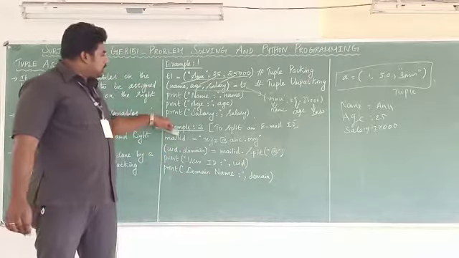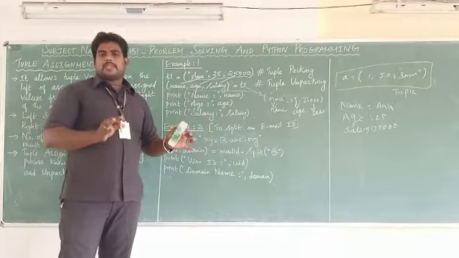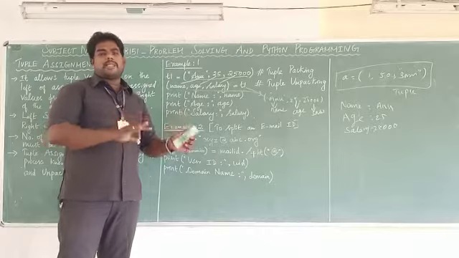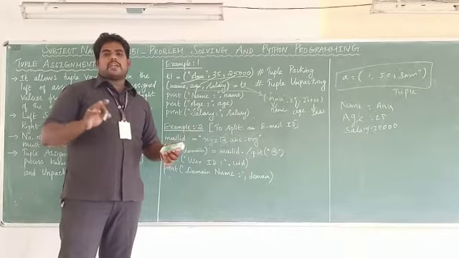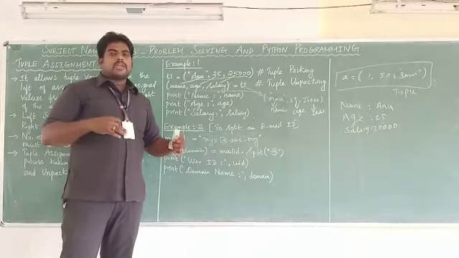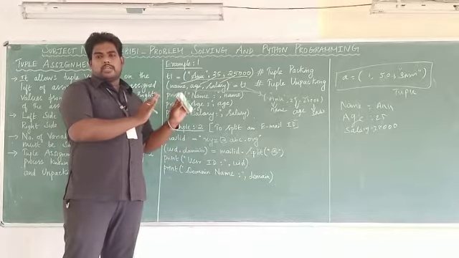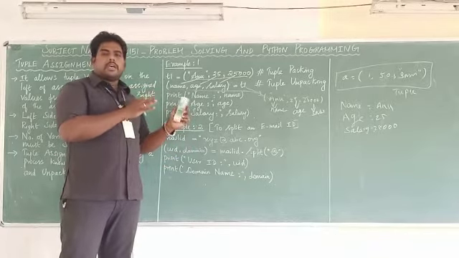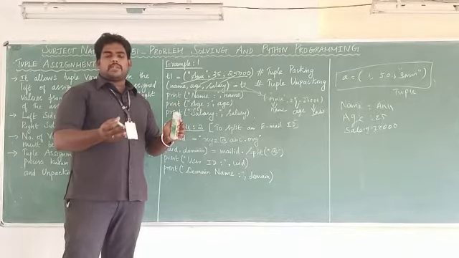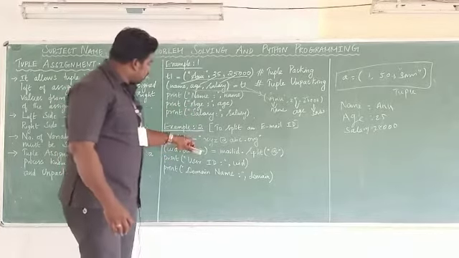Okay. So what's the real use of tuple assignment? At a time we can assign multiple values to multiple variables. Normally we are initializing one value to one variable at a time. Here we are assigning multiple values to multiple variables. That's the use of tuple assignment. Without knowing the use, we don't need to study this. The real use is that at a time we can initialize multiple values to multiple variables. Okay. We can see one more example.